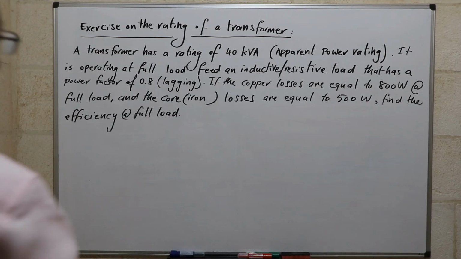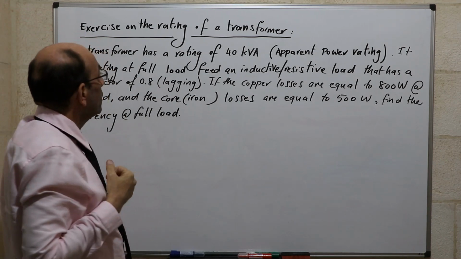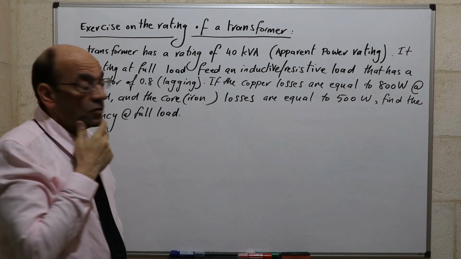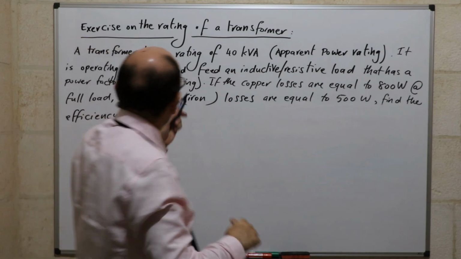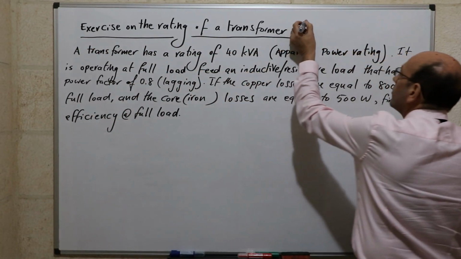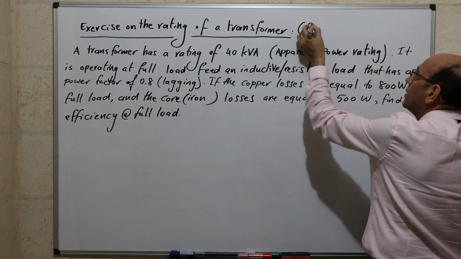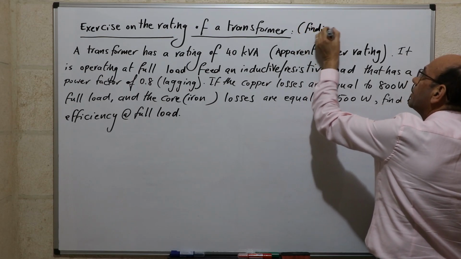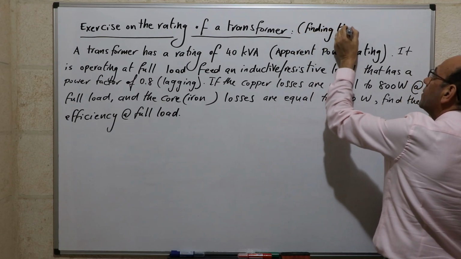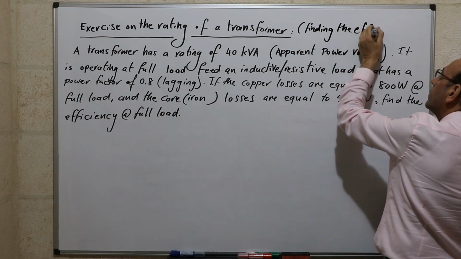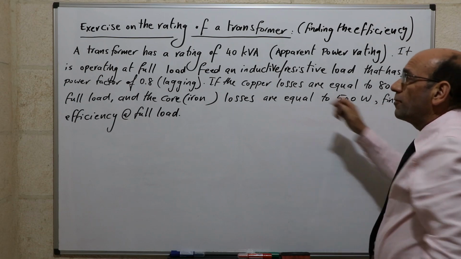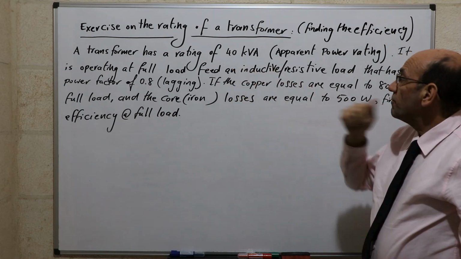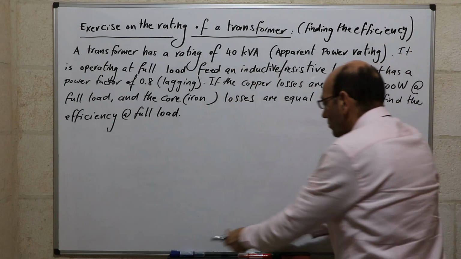So this is an exercise on finding the efficiency of a transformer when it's operating at full load. So it's an exercise on the rating of the transformer. Effectively, it's actually finding the efficiency. So if we look here, the transformer is rated at 40 kVA, and this leads us to an important